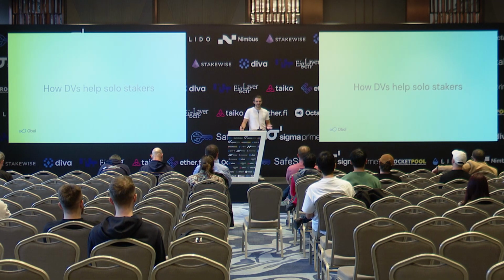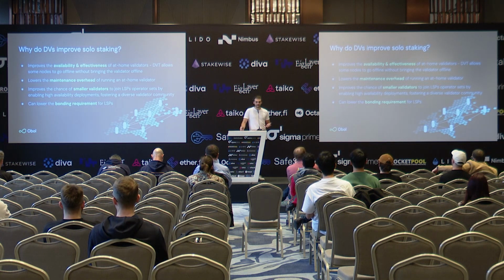I can understand I spent a lot of time pitching it to the enterprise side of things, but maybe not as much talking about the solo staker side. So the first and foremost one for me is the idea that you can have normal solo staker level of time, dedication, uptime, but end up with 3 nines or nearly immaculate uptime due to the fact that you have a group. And so long as 3 out of 4 of you are online or 5 out of 7 of you are online, your validator will be online.